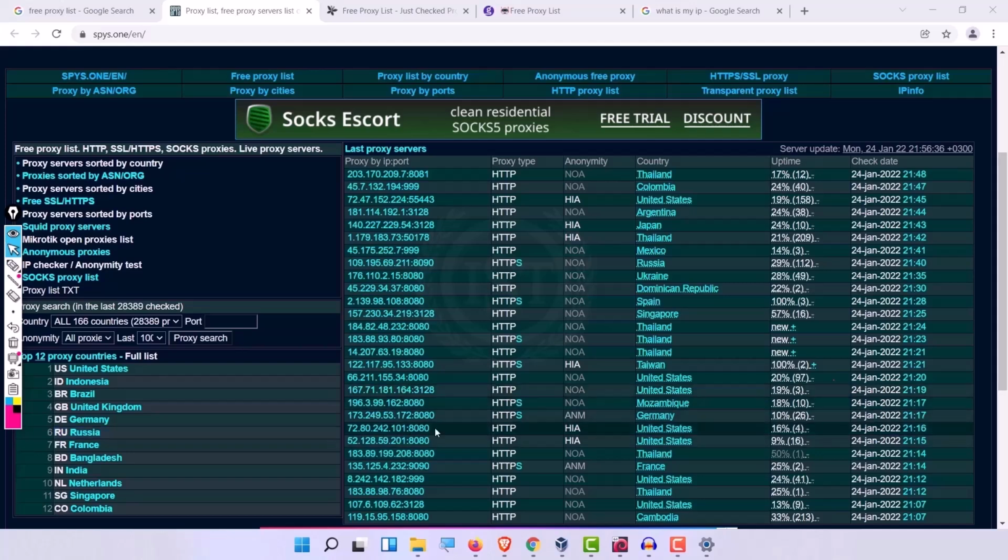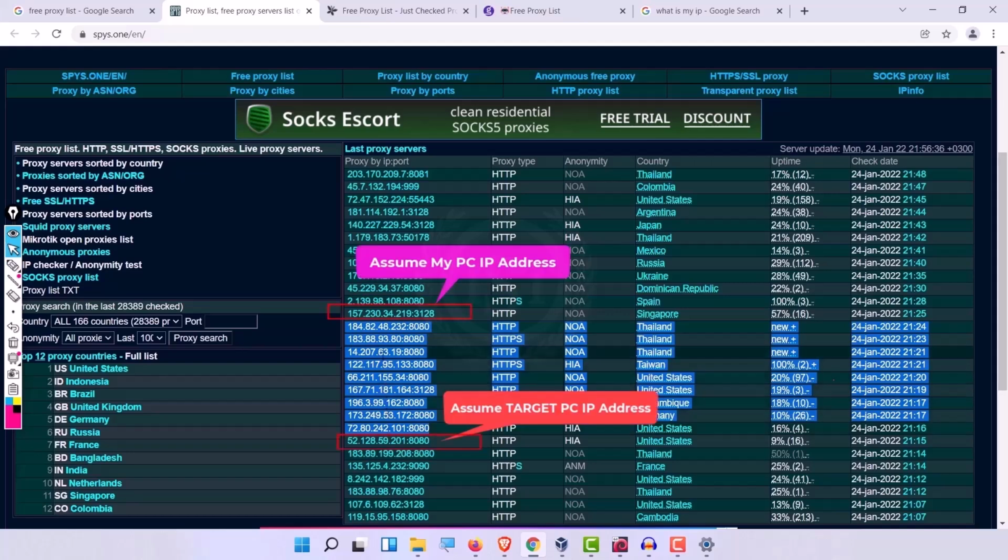Say for example, I am using 1, 2, 3, 4, 5, 6, 7, 8, 9. So 9 IPs as a chain, and this 10th IP, which is 52.128.59.201, is my target, which I am going to hack. This target company will approach 72.80.242.10.